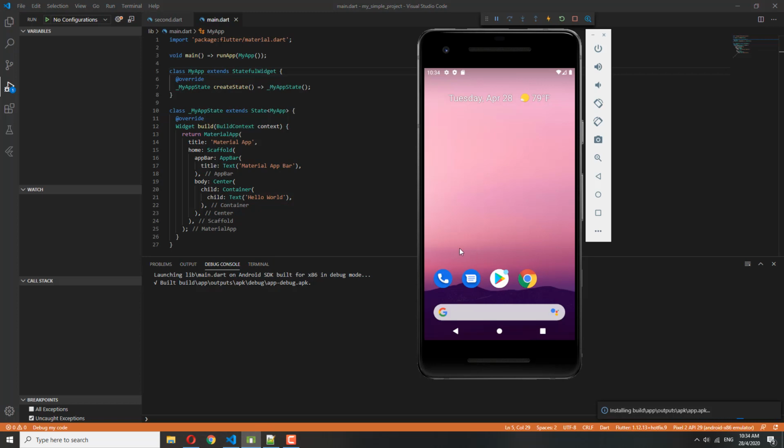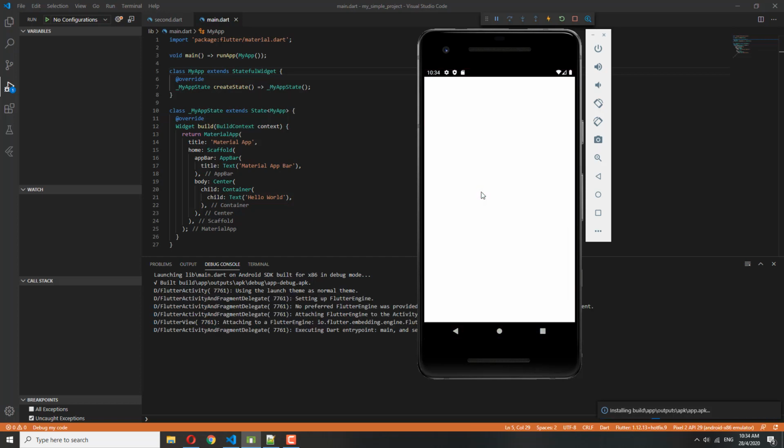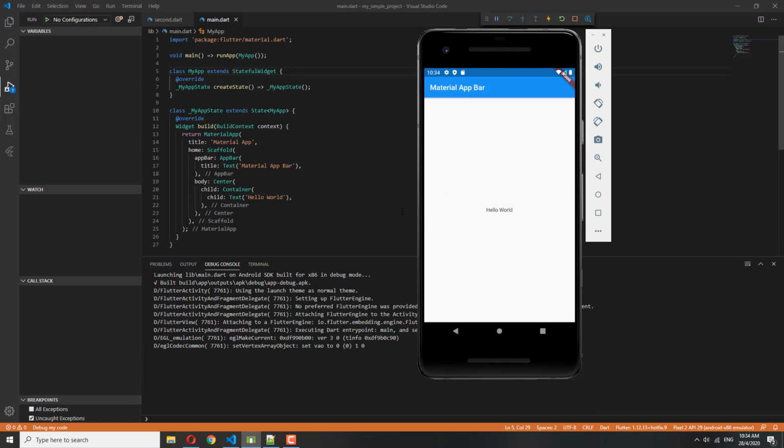So that is fine, but then again, the problem is that if I create a second layout and I want to go to that second layout from